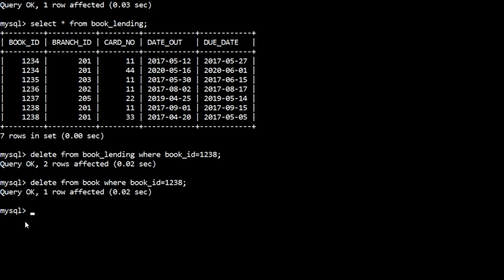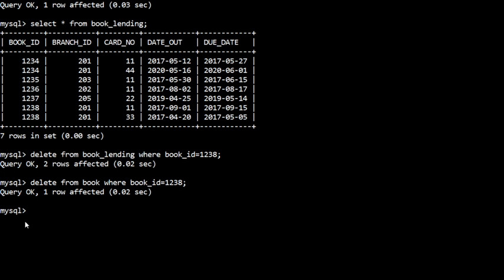Automatically it will delete all the tuples which are referring to that value. Since here I have not used ON DELETE CASCADE, I have to delete the referring tuples from the child table first. So in this way you can demonstrate the delete operation.